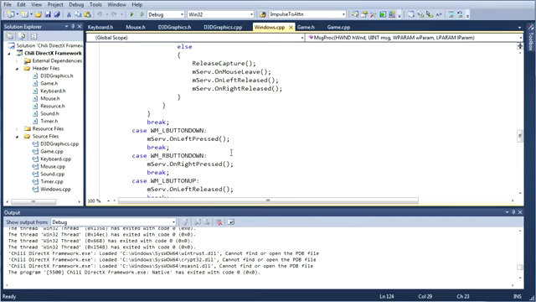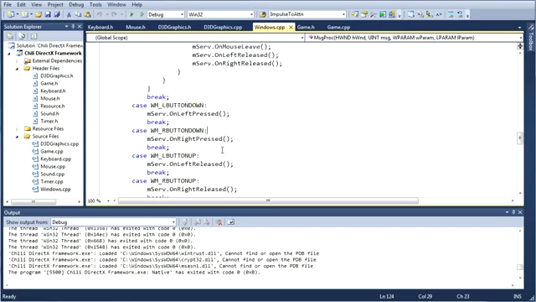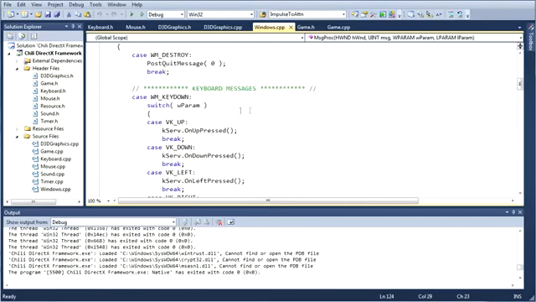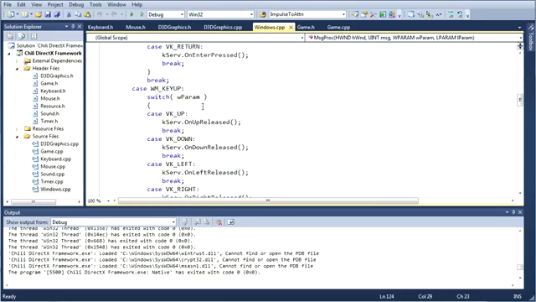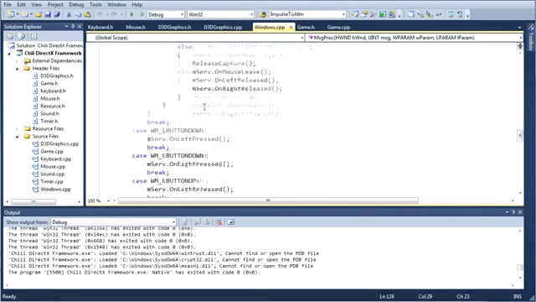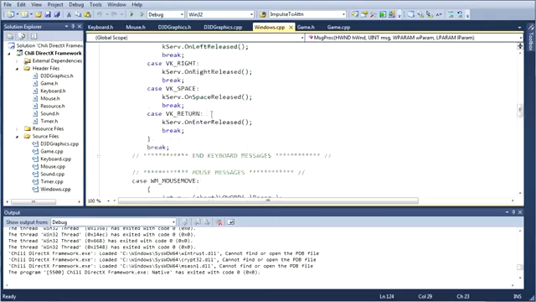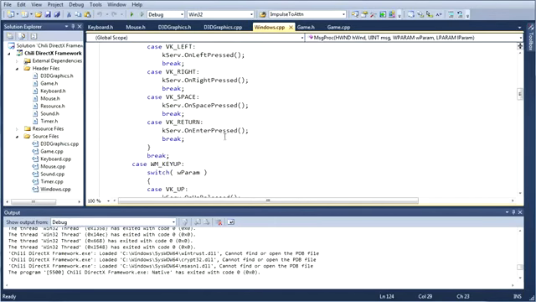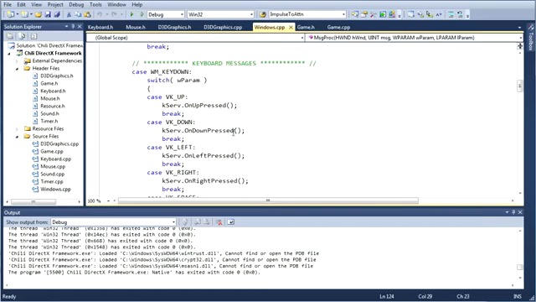I don't think there are messages for gamepads. You need to use a special API to access a gamepad, like DirectInput or something like that. And you don't use messages for networking or anything. You use special networking functions, WinSock and such. So it's mostly just for keyboard stuff. I'm sure there's something else, like for example, if you wanted to exit the game when you pressed escape,